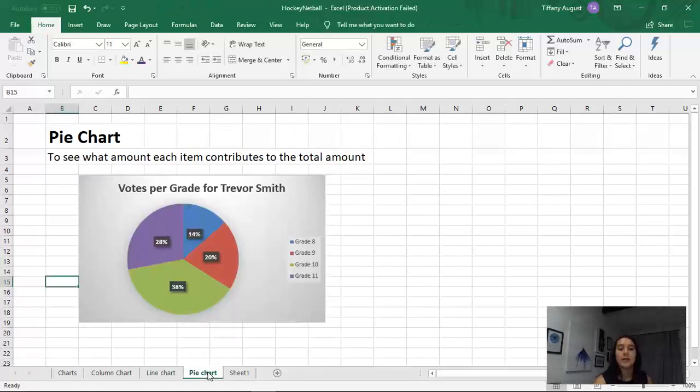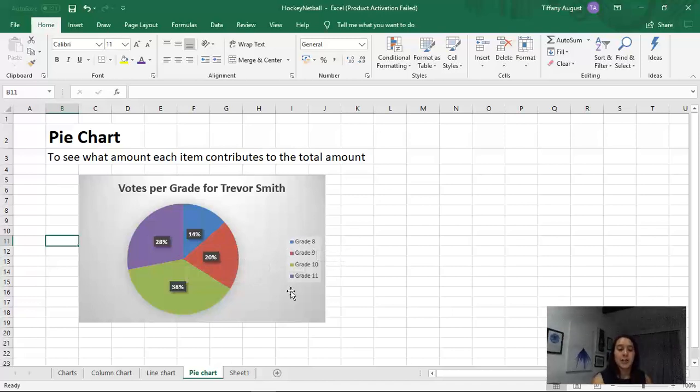Okay, and then there is a pie chart. And a pie chart, I know, is probably one of the most difficult things to do in maths or to actually physically draw, but it's so much nicer to work in Excel. And what Excel does is to work out the pie chart, it shows us what amount of each item contributes to this whole thing. Okay, so if we were taking votes for something, and the votes were for a particular person, in this case, it was for somebody named Travis Smith, and we worked out how many votes he got. Out of all the votes that he got, percentage-wise, we worked out how much percent came from each